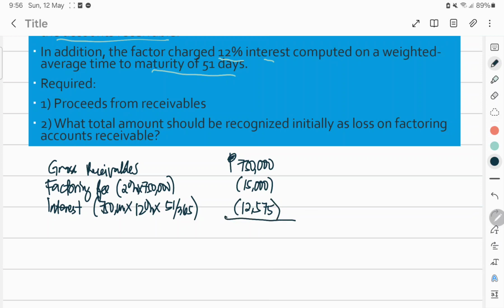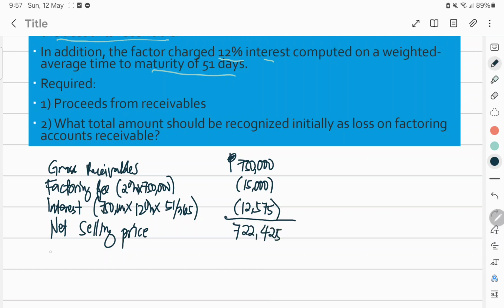And before we proceed further, let us determine this is our net selling price. Ma'am, why do we need to do that? Because we will be using that if ever we need to compute for the loss in factoring or the cost of factoring. 750 minus 15 minus 12,575. Our net selling price is